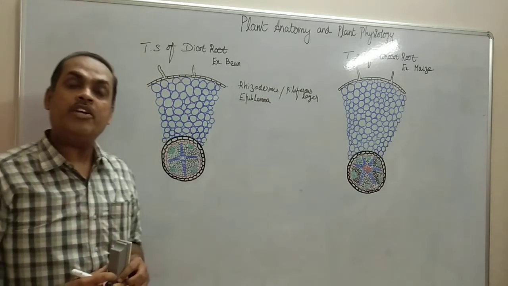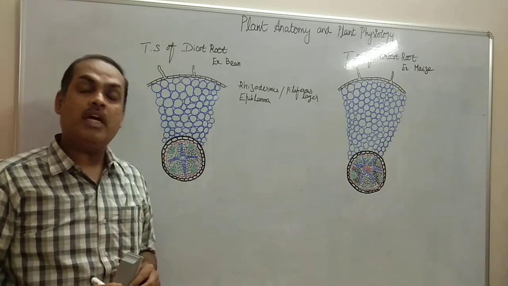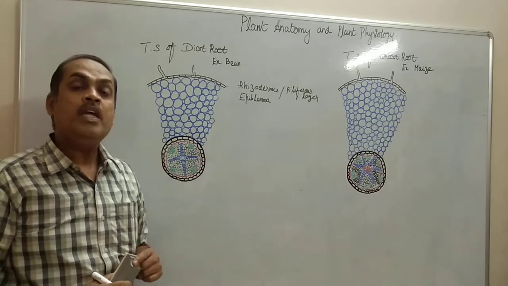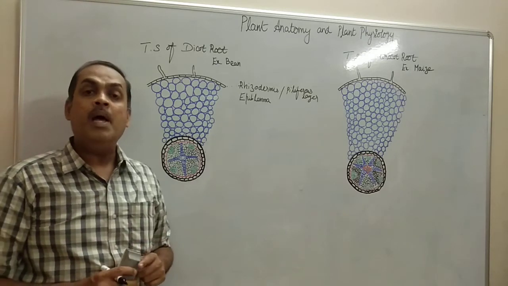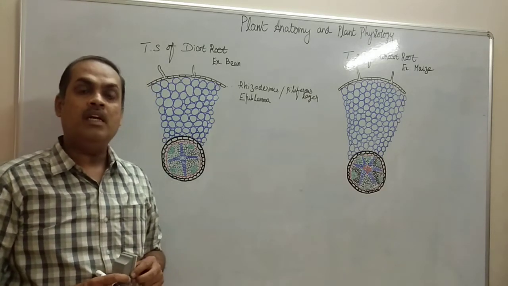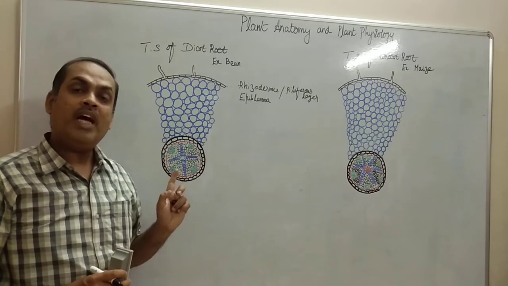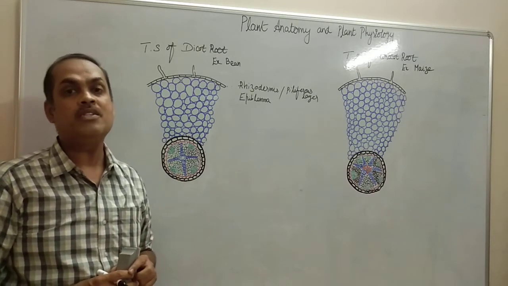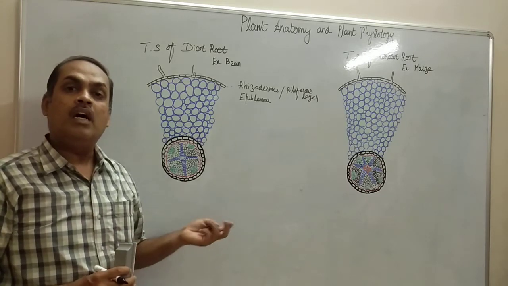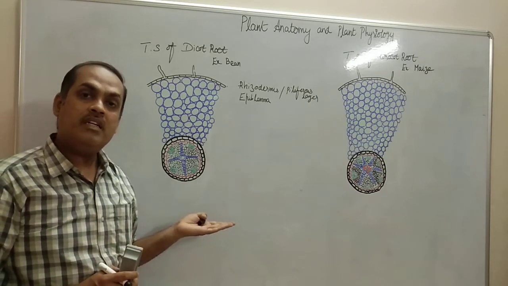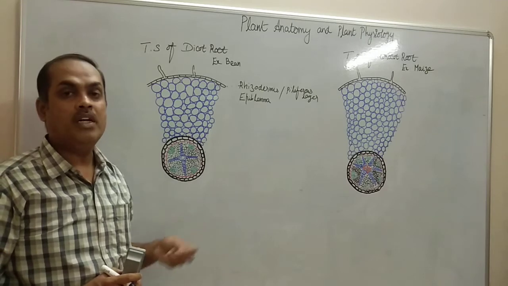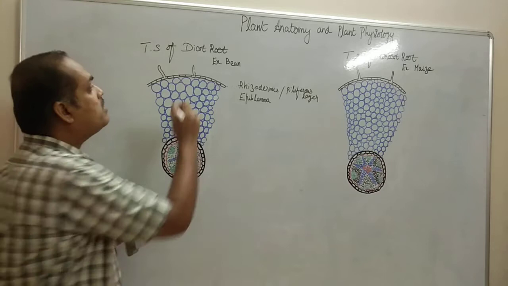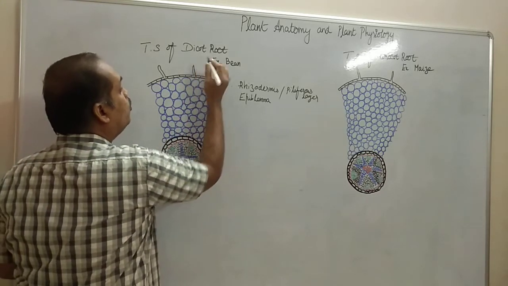The outermost layer of the root is called as rhizodermis. It is otherwise called as piliferous layer or epiblema. It is usually single layer made up of parenchymatous cell. The dicot root and monocot root rhizodermis will not be having cuticle and stomata. Since cuticle and stomata is not necessary because the root is found under the ground, you will be able to see an epidermal outgrowth. This is nothing but the root hairs.